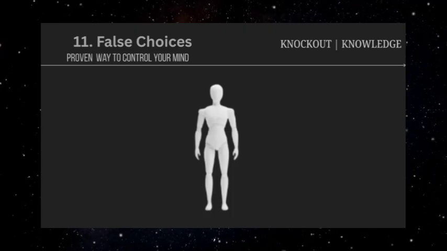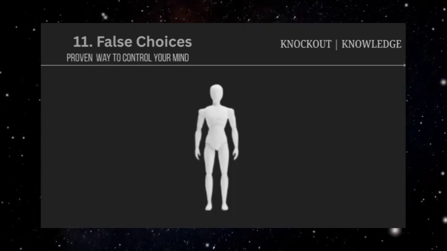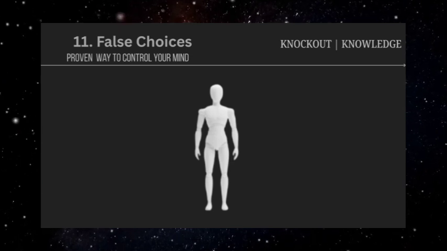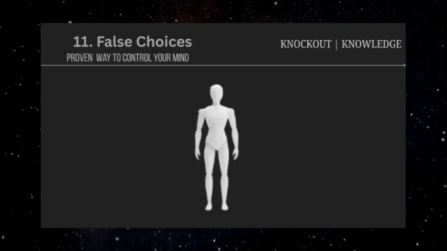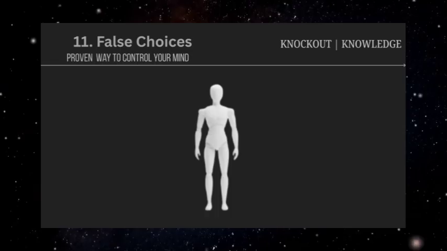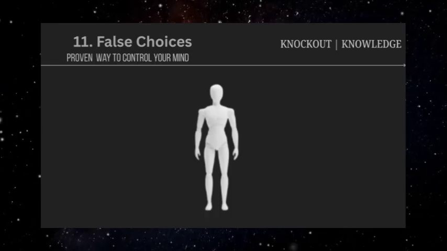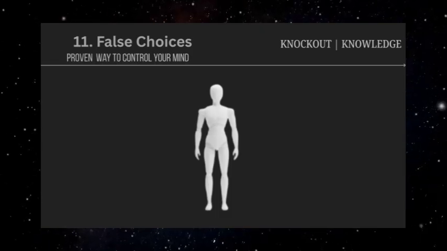This technique works because humans naturally try to be helpful and accommodating when presented with what seems like a reasonable request for decision-making. When someone asks you to choose between A and B, your mind automatically begins evaluating those two options rather than questioning whether A and B represent all the possibilities. The false choice creates a mental tunnel that focuses your attention on the manipulator's preferred alternatives while hiding other paths.